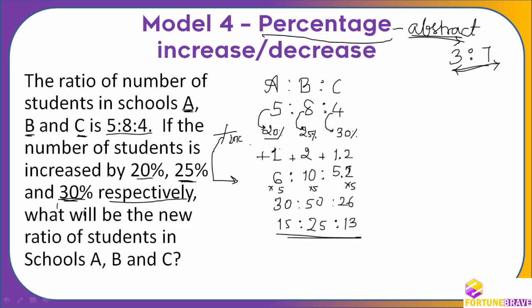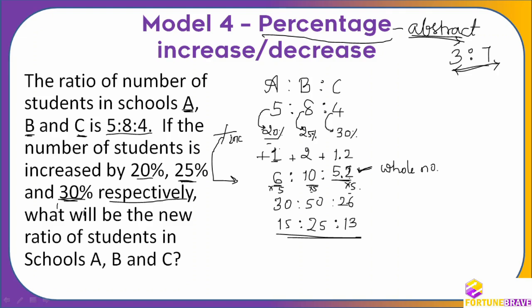So what I did, I first found out how much is 20% of 5 and 25% of 8 and 30% of 4. Then I added those numbers to the ratio. So we got 6 is to 10 is to 5.2. Because this is a number which has a decimal place, I wanted it to be converted into a whole number. I just multiplied all of them by 5 because I learned yesterday that if you multiply